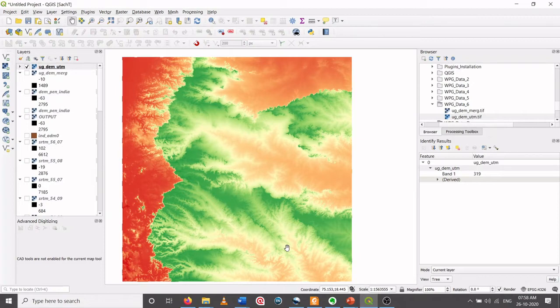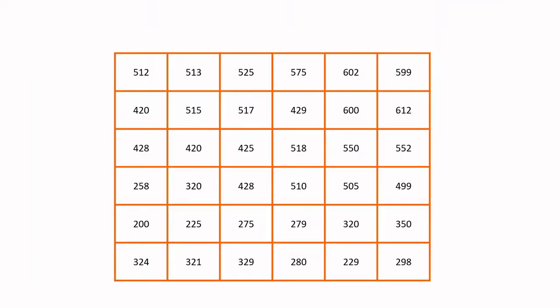The DEM, or digital elevation model, is nothing but an image which has various pixels, as shown here. Each pixel is assigned a value which represents the elevation of that pixel from the mean sea level. For example, this pixel represents an elevation of 512 meters from the mean sea level.